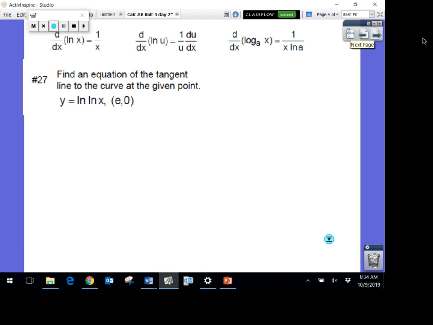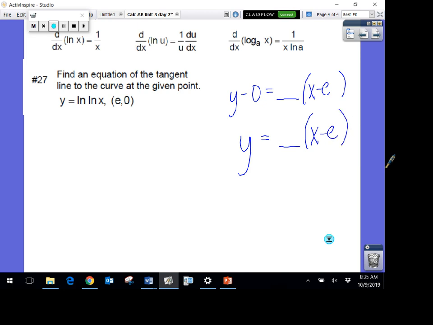All right, and the last one, so we're back to equation of the tangent line to the curve at the given point. Equation of the tangent line is find the derivative. So we have to find the derivative, but we have a specific point. Y minus 0 equals, we need to find the slope of the tangent line. Since we have a point, we can find the actual slope of the tangent line times x minus e. And y minus 0 is just y, so y times something